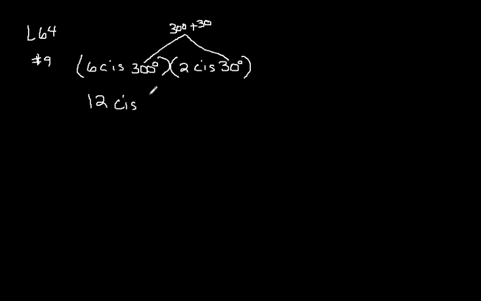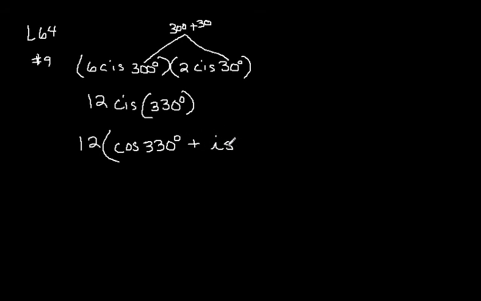Alright, that is still in polar form, however. The cis is a polar form of a complex number. Now we can separate it into rectangular form. All you do for that is you take 12. The C stands for cosine of 330, and the I stands for imaginary number. The S stands for sine of 330. And now it is in rectangular form, and we can actually find the cosine of 330 and the sine of 330,